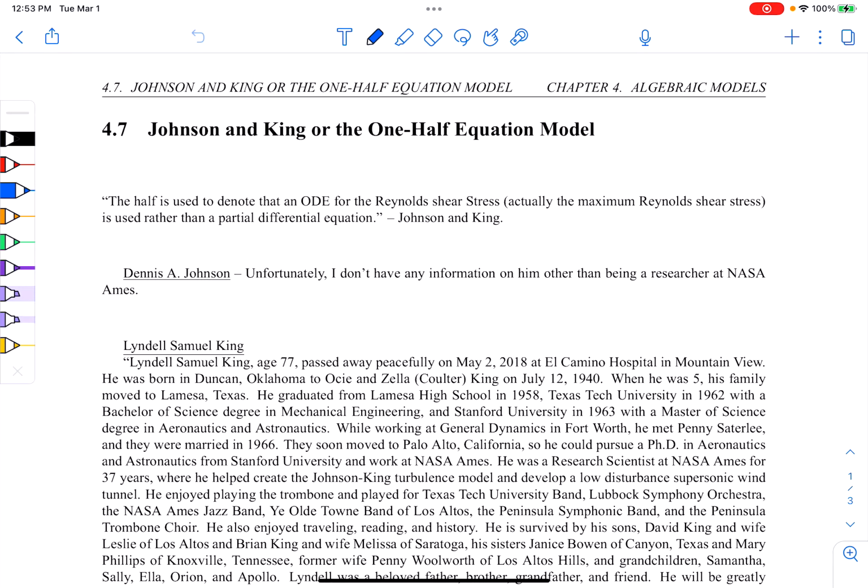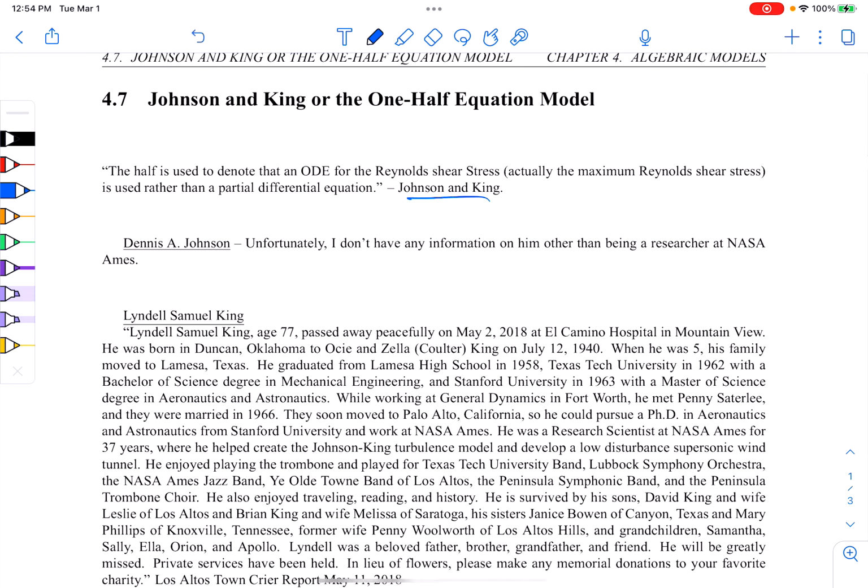But those are very expensive to use, sometimes even today. And so maybe there's something in between. And this is where one of the first differential equation models came in. And it's not called the one equation model. The turbulence community sort of identified and adopted a name. Maybe it's a little bit of slang. You might say it's a 1/3 or 2/3 model. Nope, they chose 1/2. And in the paper, Johnson and King actually denoted why they viewed it as a 1/2